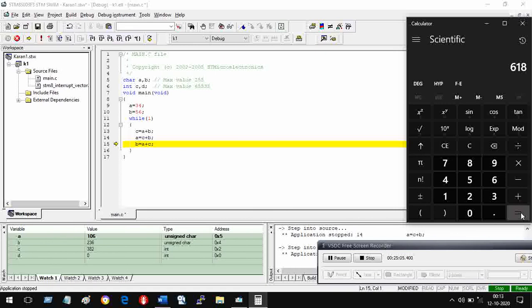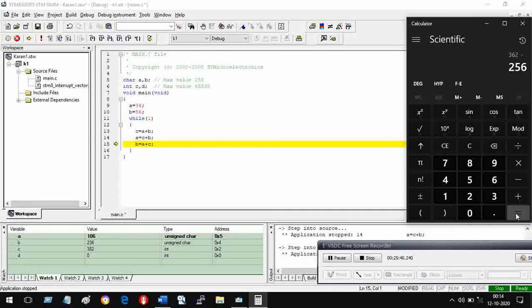Then what happens? Then you subtract 256 from it, minus 256. This is an overflow. You subtract it. You get what value? 362. Even 362 is bigger than 255. So there is one more overflow. So minus once again 256.